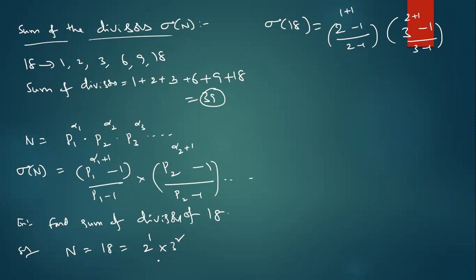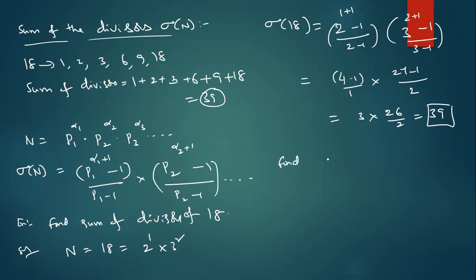But here how many factors are there? Only 2 factors. That's why I'm taking only these two. Actually, there is a proof for this using geometric series and arithmetic progressions. Progression series concept is there, and then we will discuss. So 2 power 1 plus 1, how much? 2 square. 2 square is how much? 4 by 1. 3 cube, 27 minus 1 by 2. So 3 into 26 by 2. What is the answer? 39.